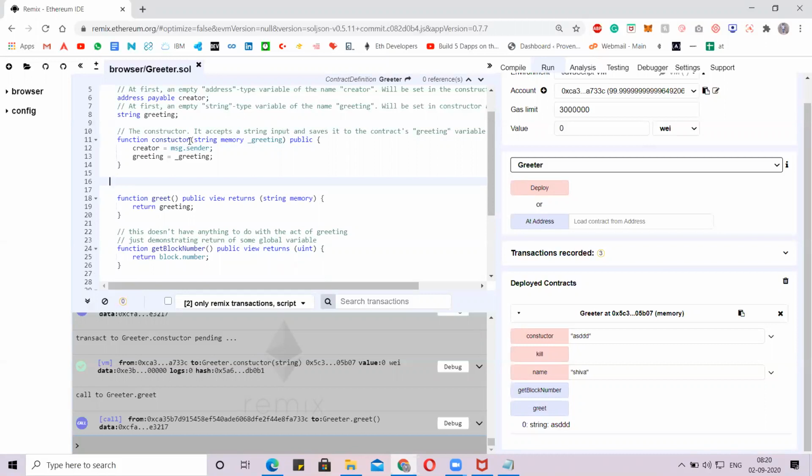We have public. What does message dot sender mean? Can anyone tell me what this message dot sender means, that we are passing data to the creator? As you all know, the creator variable functionality is what we already declared. Can anyone tell me what that message dot sender means?